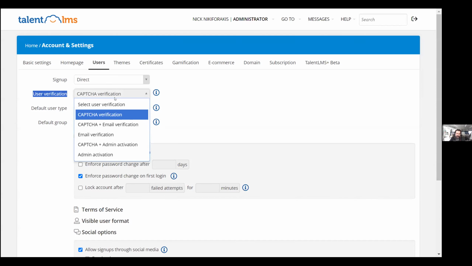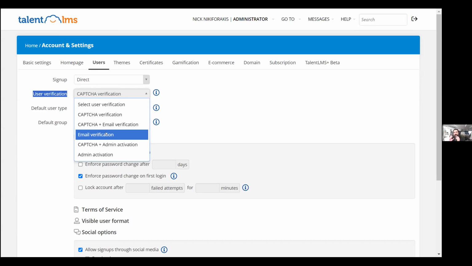This is why you have email verification or admin activation. They work similarly, but they do kind of a different thing between each other. So an email verification allows your user to provide their details, create their account, and then the account is not created. So then after they create the account, they cannot straight away log in. The system is going to send an email to the user that's self-signed up in their email address,